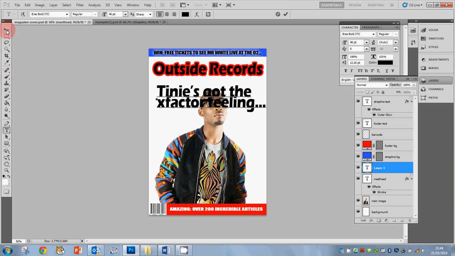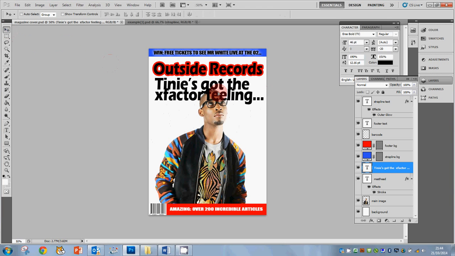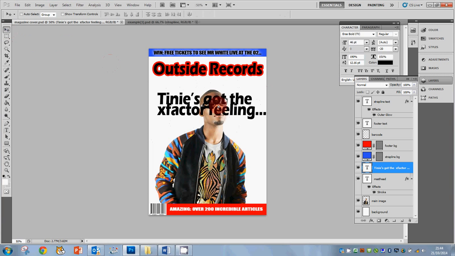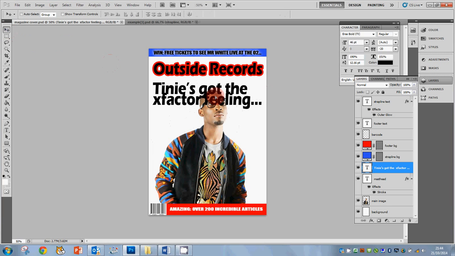So we now go to the move tool, which would be V. So come back and click on here. If you look at this, it doesn't look right at the moment. Yes, the text is way too big, but also you can see the F is overlapping, so we need to double click on the text to highlight it,